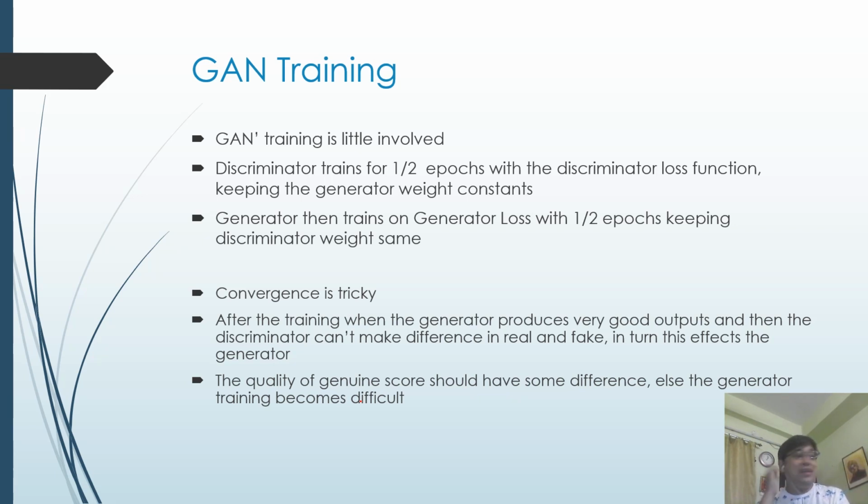Also, one problem that is often discussed is that we should not have a very, very strong discriminator. If you have a very strong discriminator, and the generator is generating something at the very initial stage, and it tells you this is 100% fake every time it is not genuine, then no differentiation can take place. If there is no differentiability, the network cannot learn. So a very strong discriminator at the very start is also not something you desire.